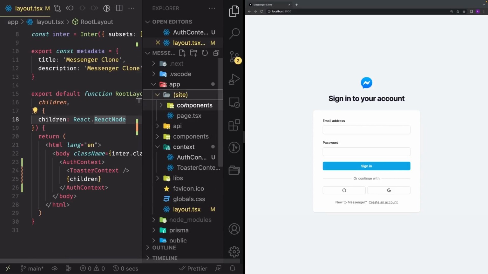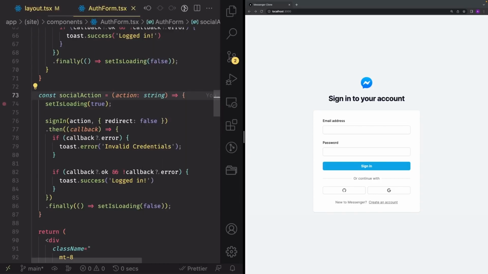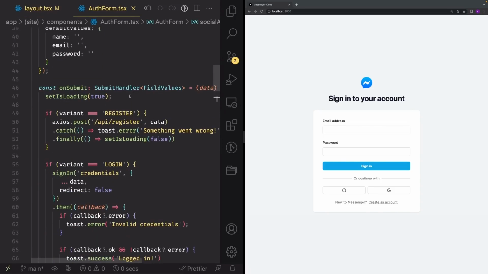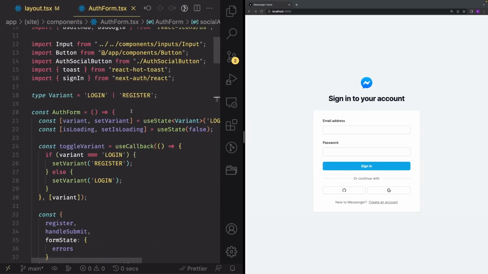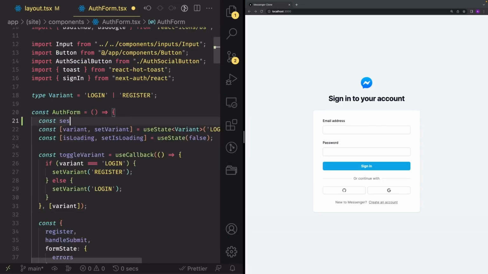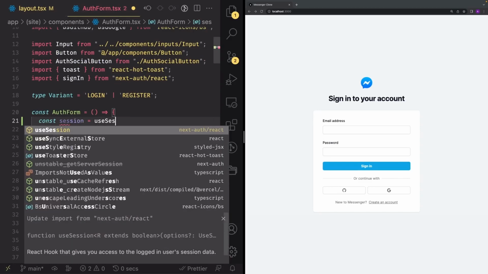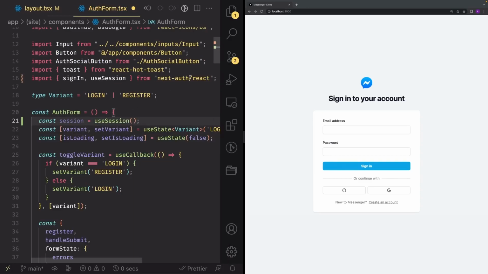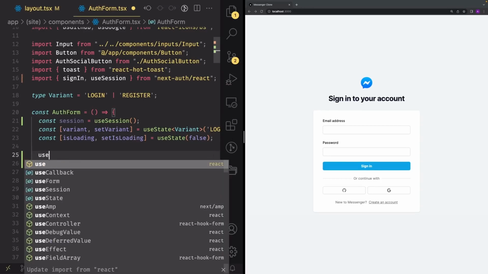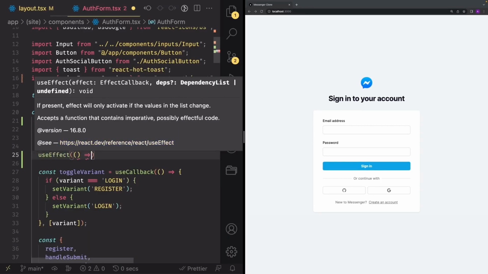Your site components auth form right here, and inside you can now import the session hook. So right here at the top, write const session is equal to useSession from next-auth/react, the same library where we imported the signIn function. Great. And now just above toggleVariant, I'm gonna write a useEffect right here,